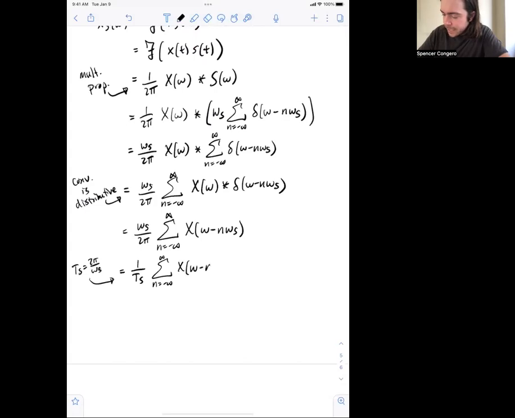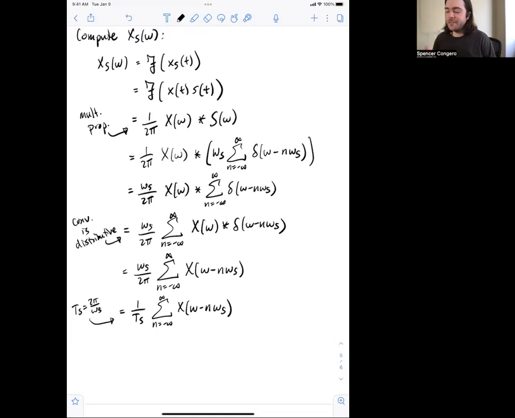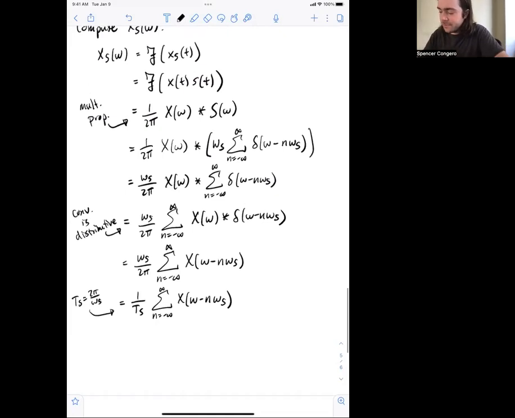Okay, so this is what happens to our Fourier transform x of omega after sampling. Okay, how can we summarize this? Well, it's actually pretty interesting. So the Fourier transform of our sampled signal, what is it? It's actually an infinite sum